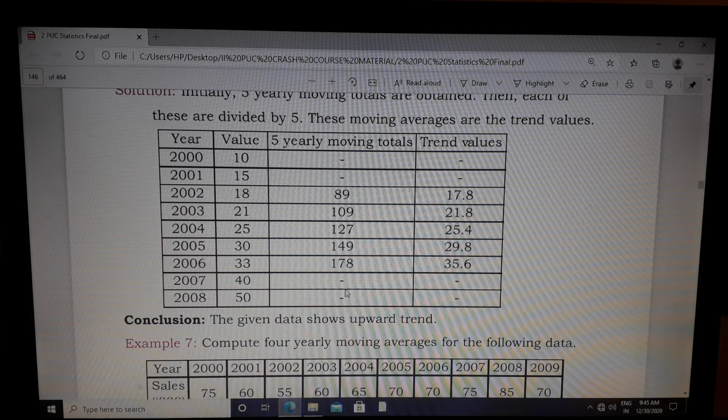That is the reason in 4 yearly, the even moving average, there is a slight difference from 3 and 5, because 3 yearly and 5 yearly have an odd number of values. So definitely the middlemost value we can straight away consider and observe. But where there is an even number of observations, time period between the two different time periods, even time period in between means which time point you will be considering.